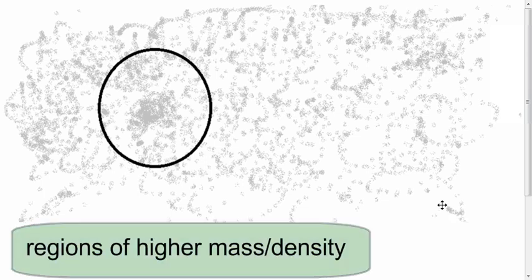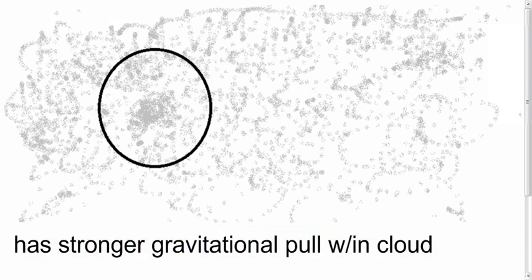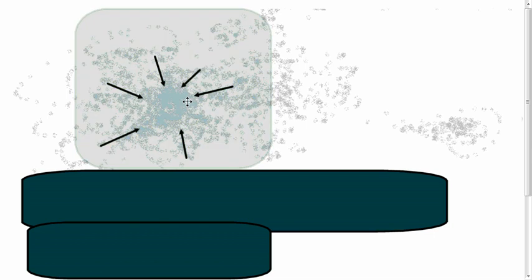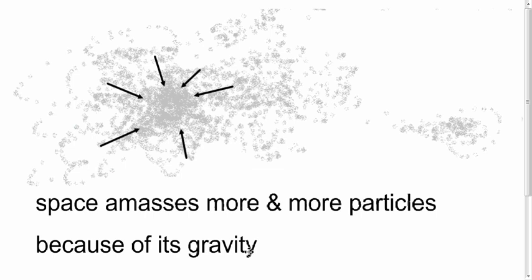Now, within the cloud, there's a part of it that you can see here. Just by chance, there are more particles. And the more particles there are, the more gravity is present there, and that's going to start pulling in and attracting other particles to it. So as these particles start to amass at a certain spot, this spot becomes pressurized, hot, dense, and its temperature goes up because of the gravity pulling it in, causing friction.